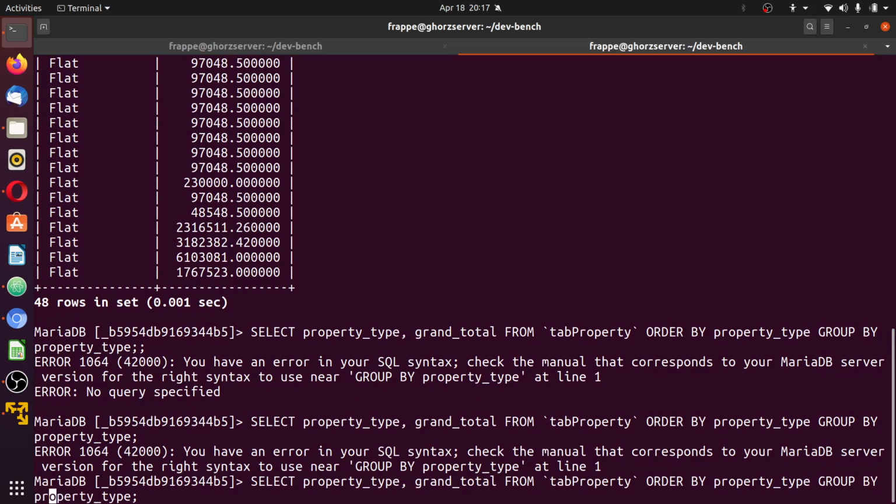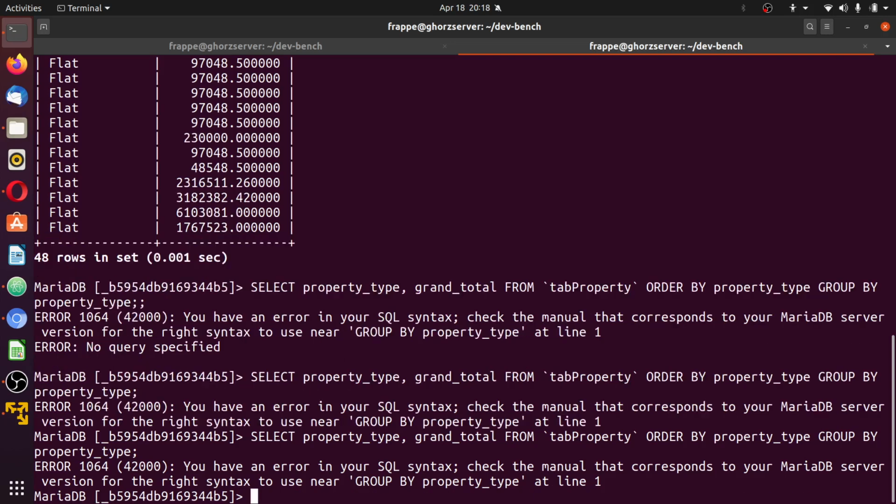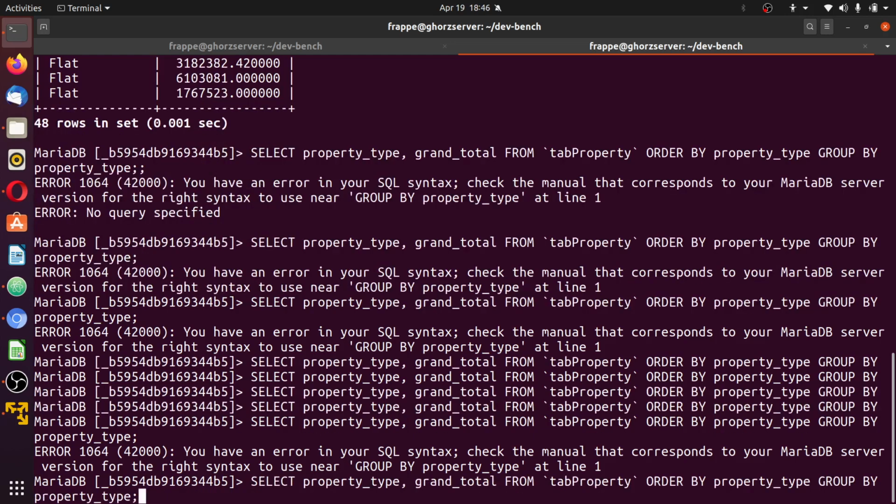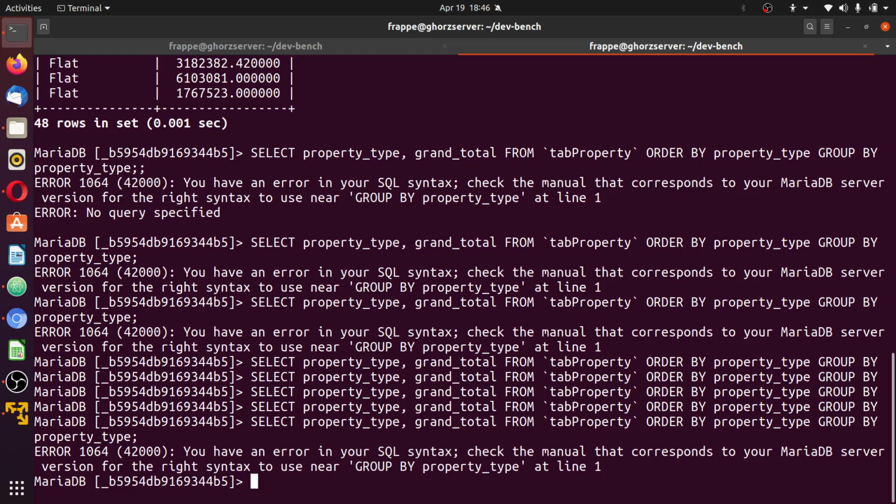Since I'm having some kind of syntax error, I'm experiencing a little issue here. In fact, I might just have to do something differently. Instead of filtering by property type, I'm going to filter by status. I have to clear this screen if it will allow me. Okay, it's not allowing me. I'm going to select